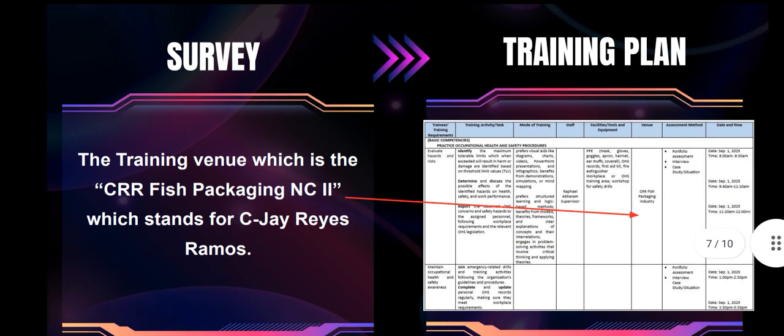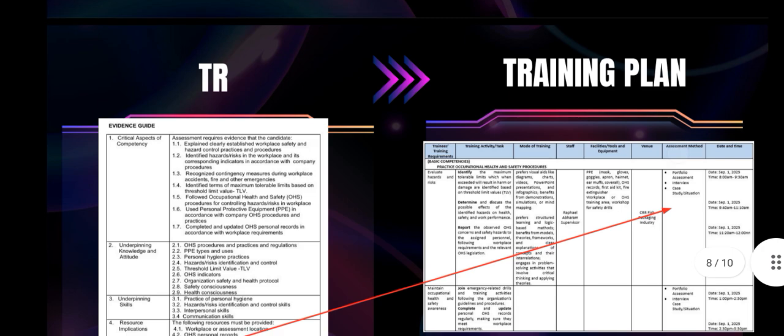Next is the training venue. Going back to the survey, the training venue is the CRR Fish Packaging NC2, which stands for CJ Reyes Ramos Industry. I just used my own name for the venue. So, next is the